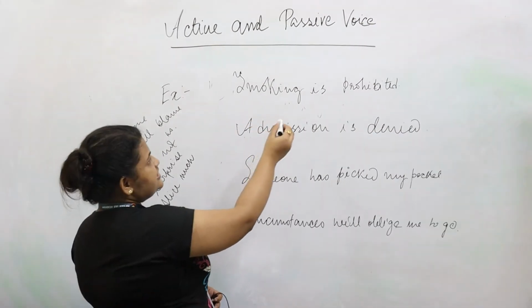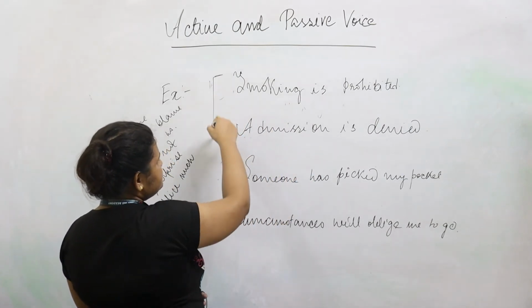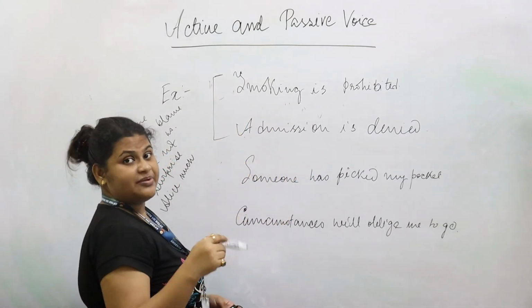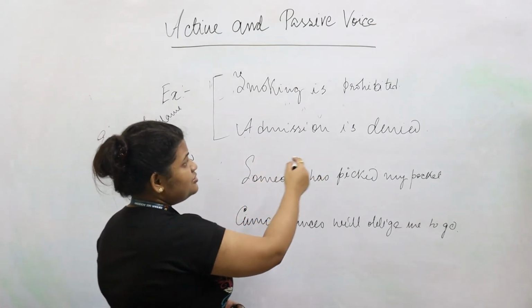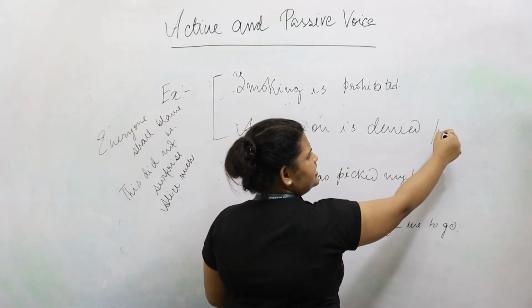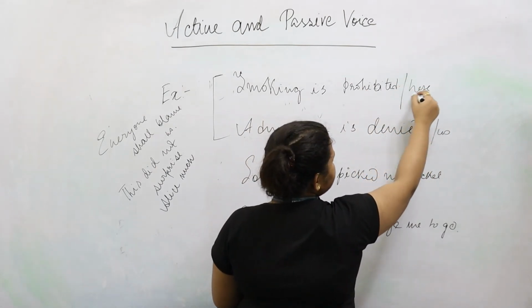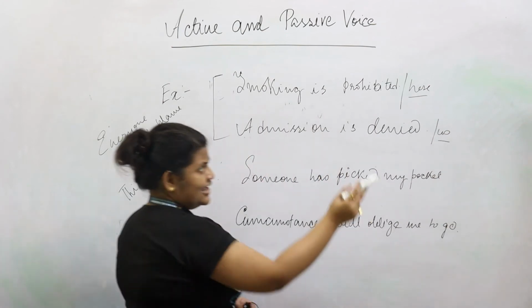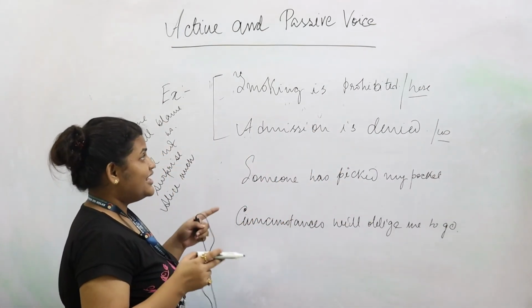So as I was saying, in the sentences smoking is prohibited and admission is denied, these sentences might not look to you like passive sentences, but they are in the passive voice, because here admission is denied to us or them or anybody, or smoking is prohibited here. It is automatic. These are implied and hence have been dropped, as I was talking about dropping the agents